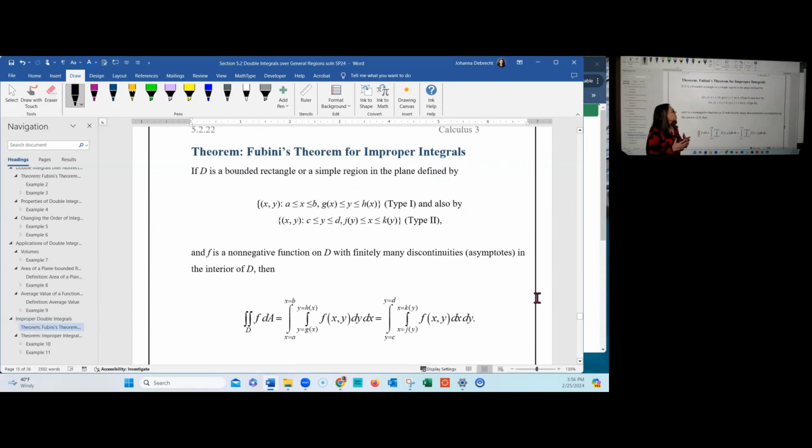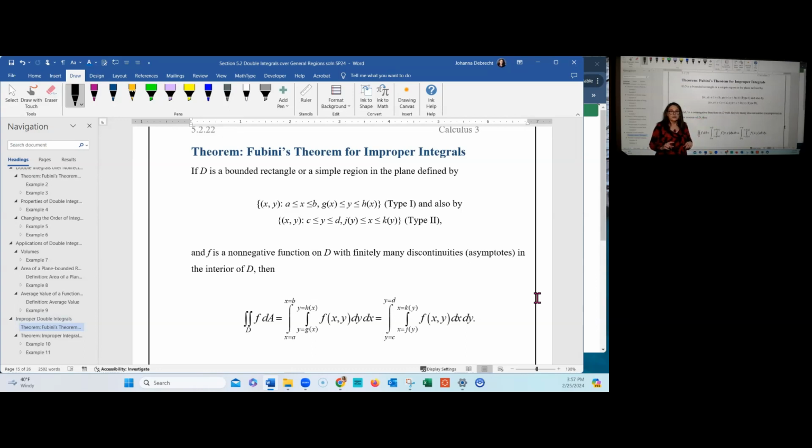If D is a bounded rectangle or a simple region in the plane, defined by x between a and b and y between g of x and h of x, a type 1, but it could also be defined as the set of all ordered pairs x, y, where y is between c and d, and x is between a function of y and another function of y, type 2, and f is not negative on this restricted domain D, and it has only a